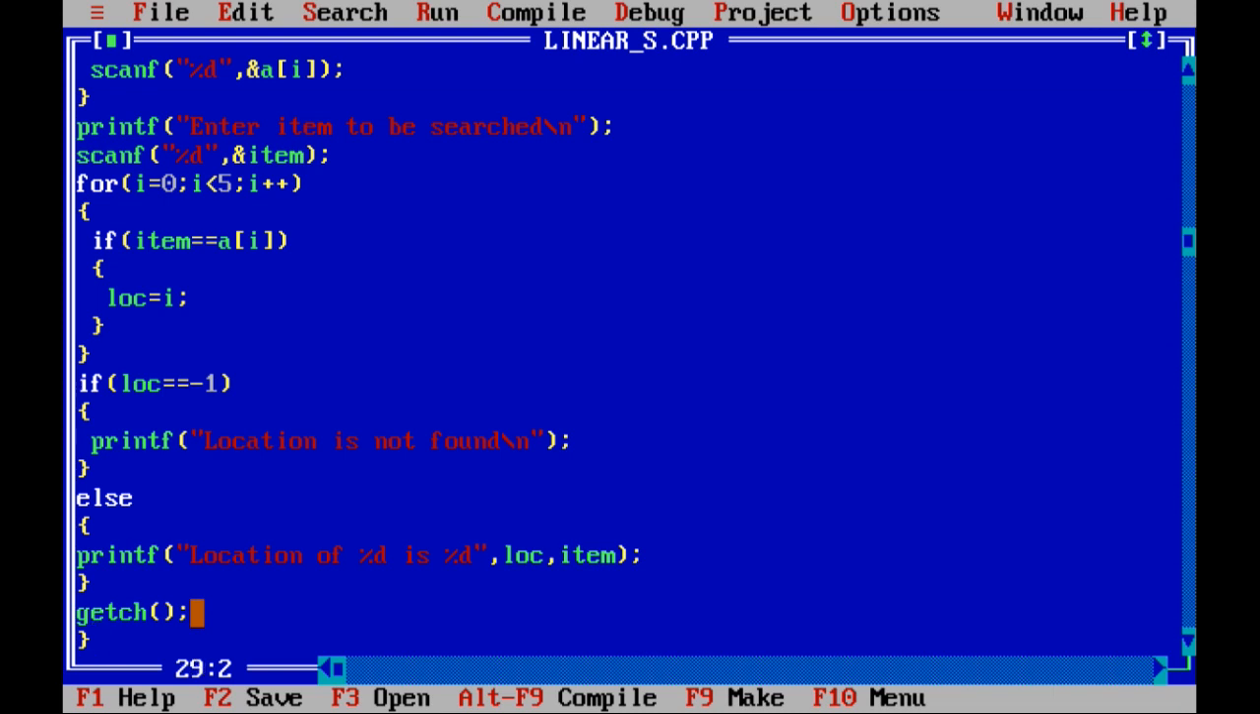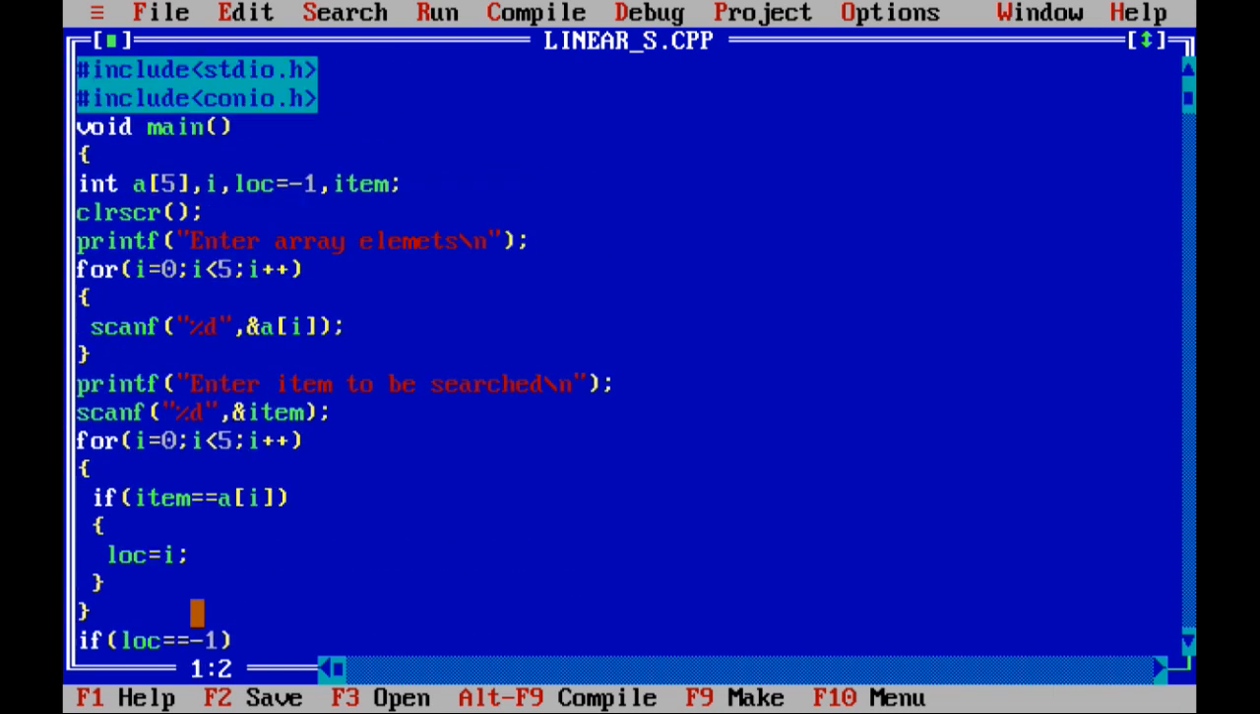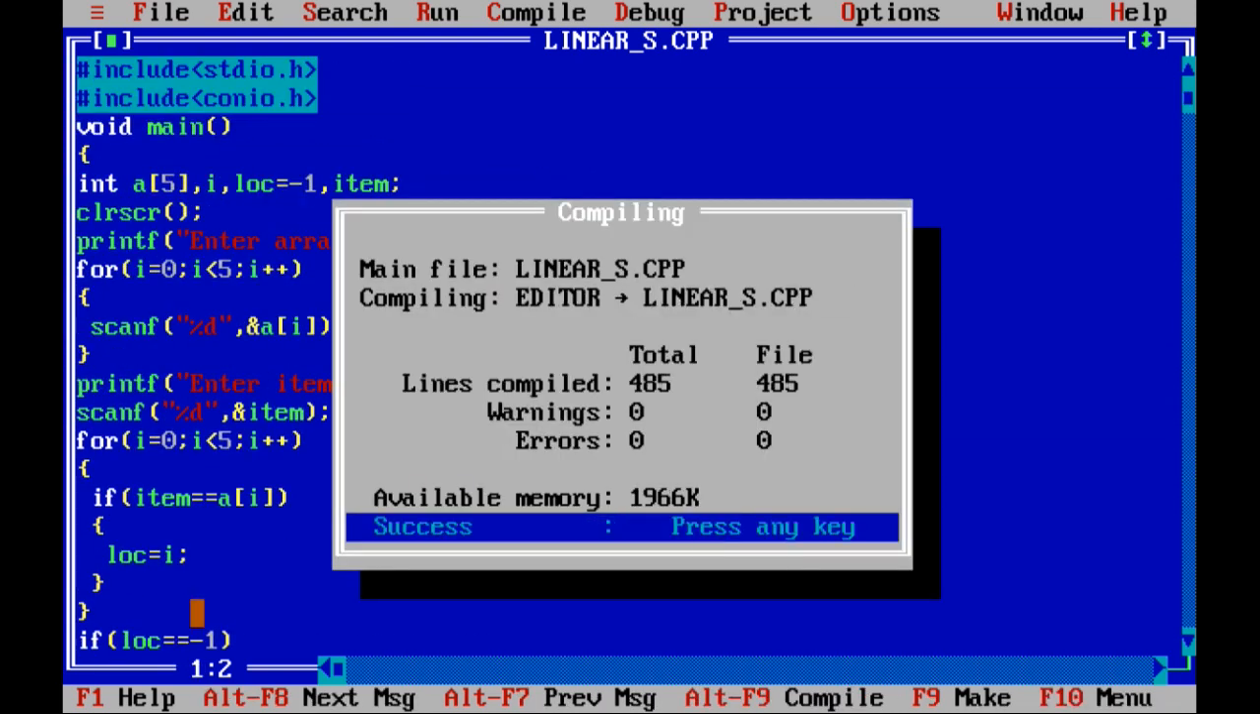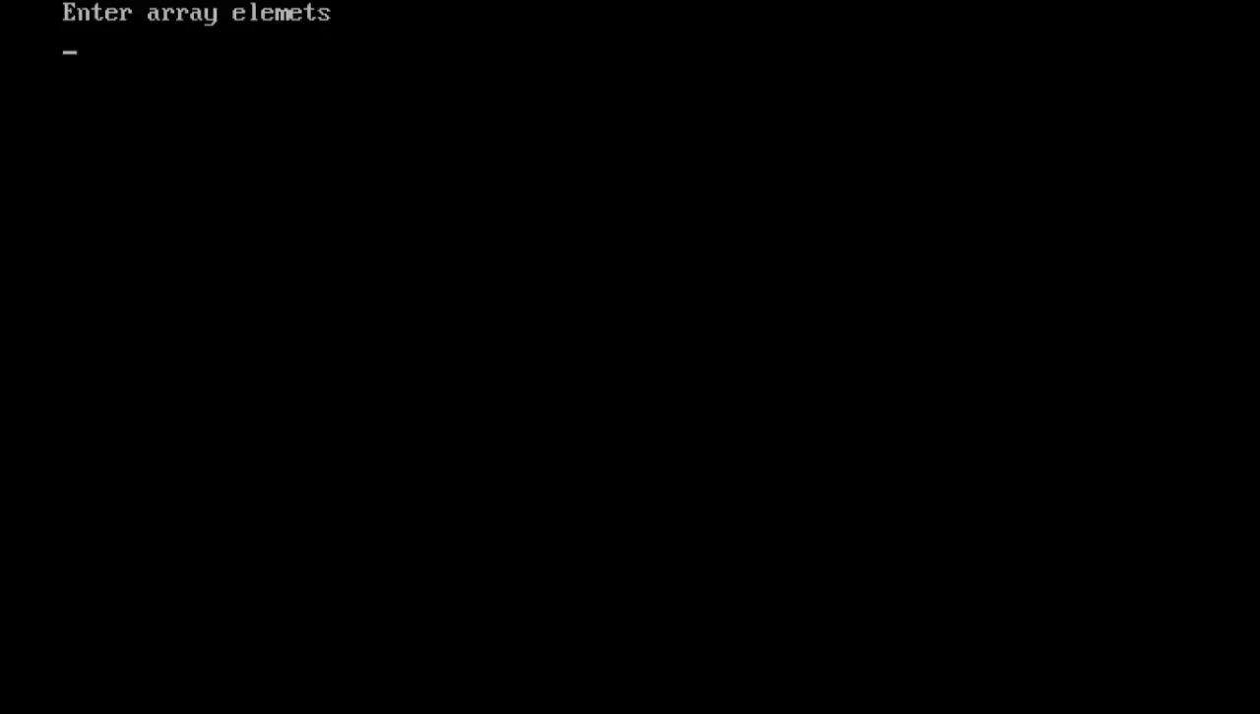Save it again. Now we will first check the errors, no error, then we will execute the program. Enter array elements 11, 12, 13, 14, 15. Here you can